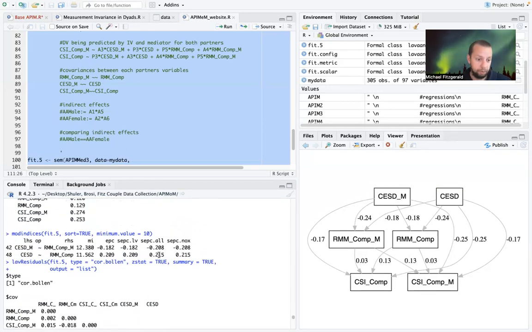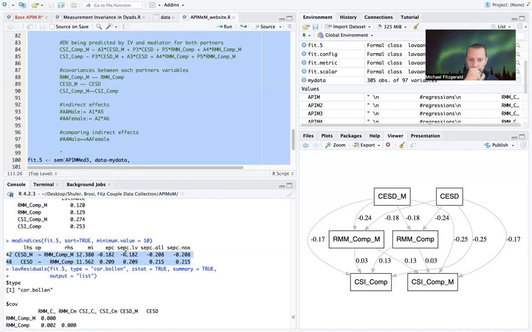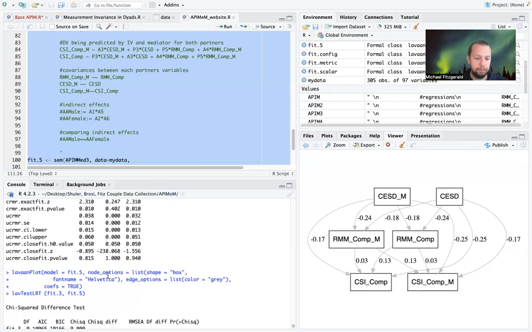And so just scrolling up a little bit, you can see in our mod indices that the parameters that are really causing a lot of problems are the ones we've been talking about throughout this entire third model. It's the depression to relationship quality variable across gender being constrained to be equal. Our model is still yelling at us. So we are seeing a lot of consistency in where the problems are. So that tells us we need to release those constraints. And so down here,